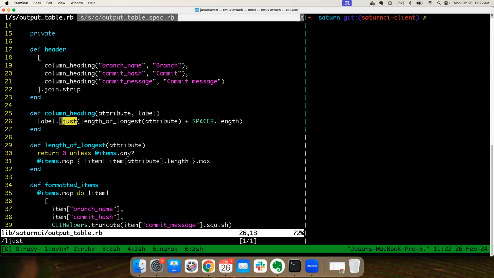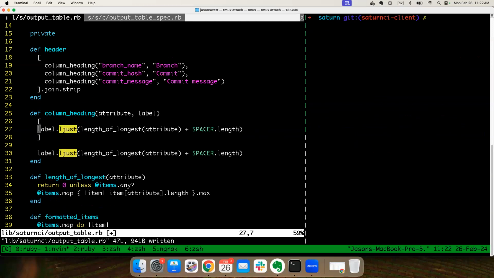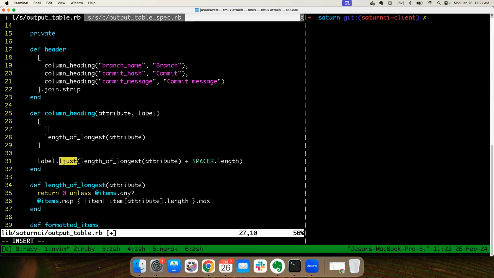We need to do the length of the longest attribute. Okay, so it's like this. I can't articulate it in English, so I'll just go straight to Ruby. Length of the longest attribute plus spacer dot length. Okay, length of longest attribute, and then we need the label